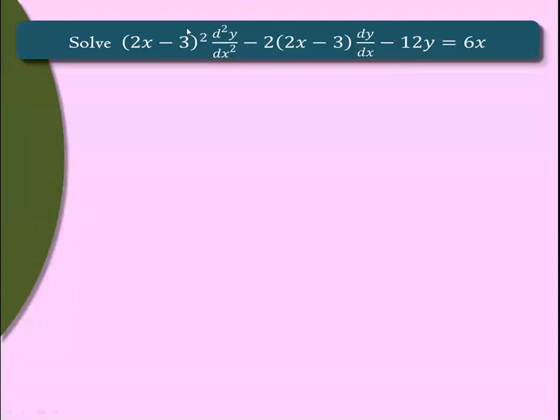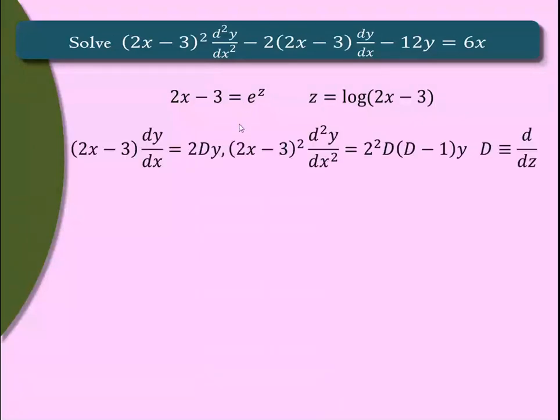For all Legendre's equations, whatever term is there, ax plus b, we put it as e raised to z. So the substitution is 2x minus 3 equals e raised to z. If we do this substitution, then z is nothing but log of (2x minus 3). Now, by using the standard formulas, (2x minus 3) dy by dx becomes a Dy. Here the value of a is 2 and b is this minus 3 term.